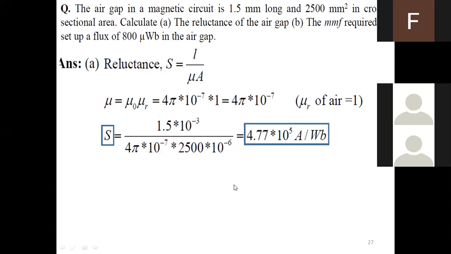Understood? Yes, sir. Who got 2.5? They make this mistake, entering in the calculator. That is a big mistake you all are making. So obviously you have to write open bracket, close bracket. You should use that while entering in the calculator. However many open brackets you use, the same number of close brackets must be at the end. Then only you'll get the answer.